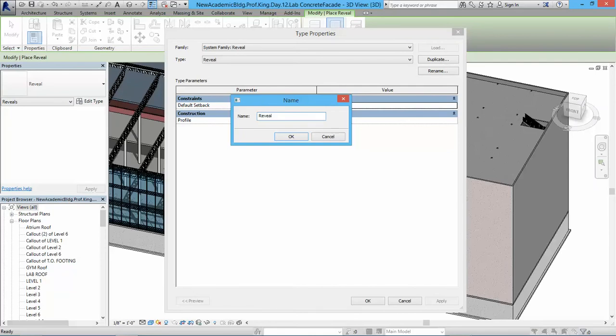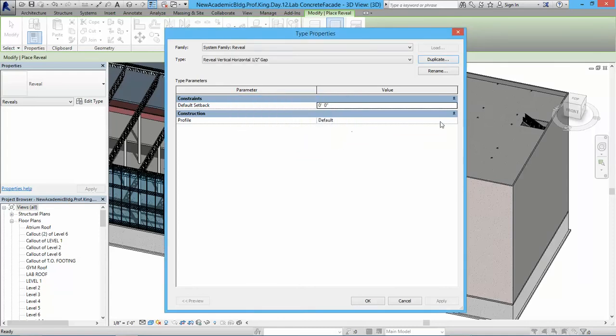And again, you could have several types. It could be like vertical and horizontal, or vertical only, horizontal, and it could be half gap or half-inch gap, and say okay. Now within that new generated rebuild, you have to search for the rebuild precast 8 wall that we created before. We say okay,